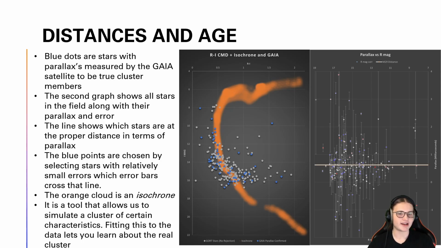Stars are colored by R-I index, showing many bluer younger stars, and that most outliers are redder, consistent with M29's young age of 10 to 20 million years. The orange cloud beneath the points is an isochrone, a model population of stars formed at the same time but with different masses. By adjusting parameters like age, metallicity, and extinction, we can fit the isochrone to our data, revealing